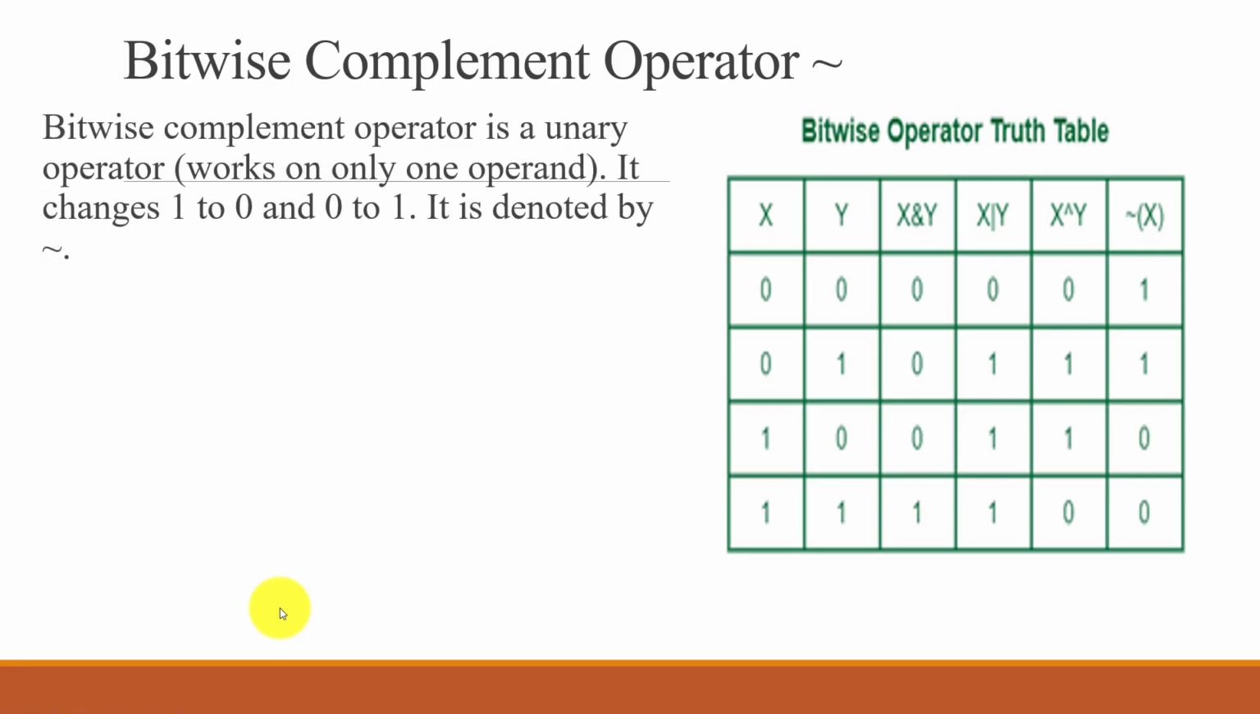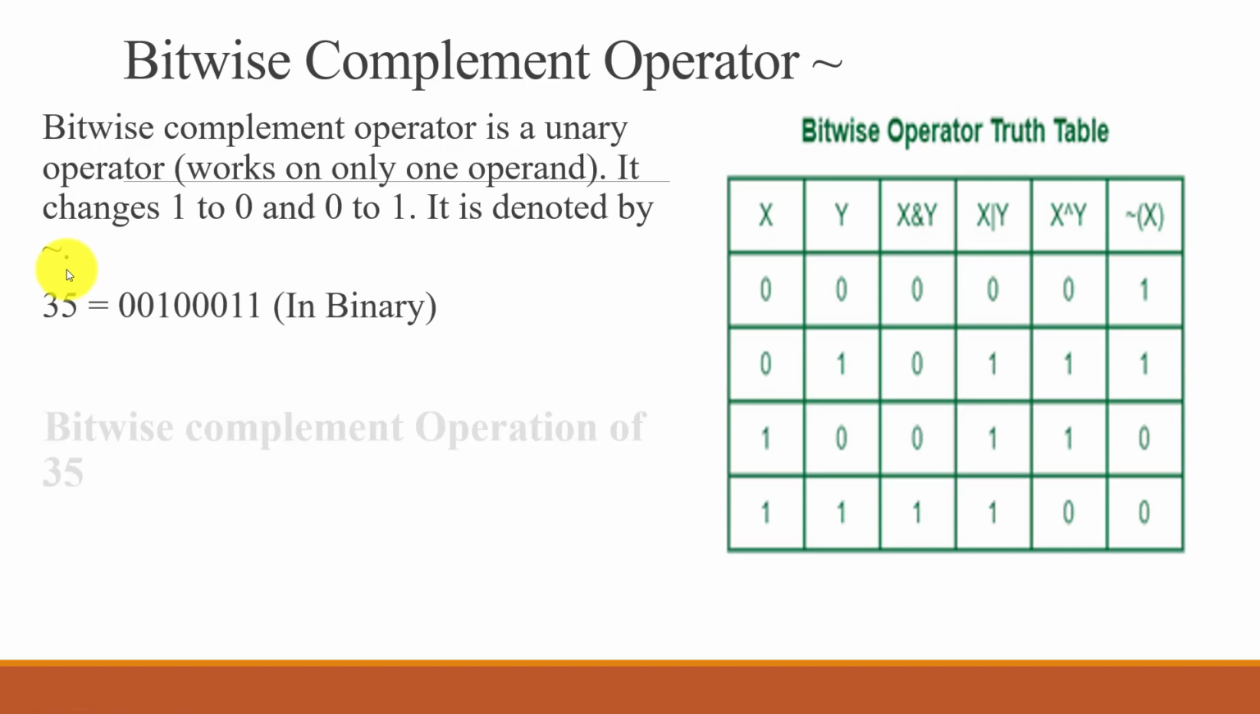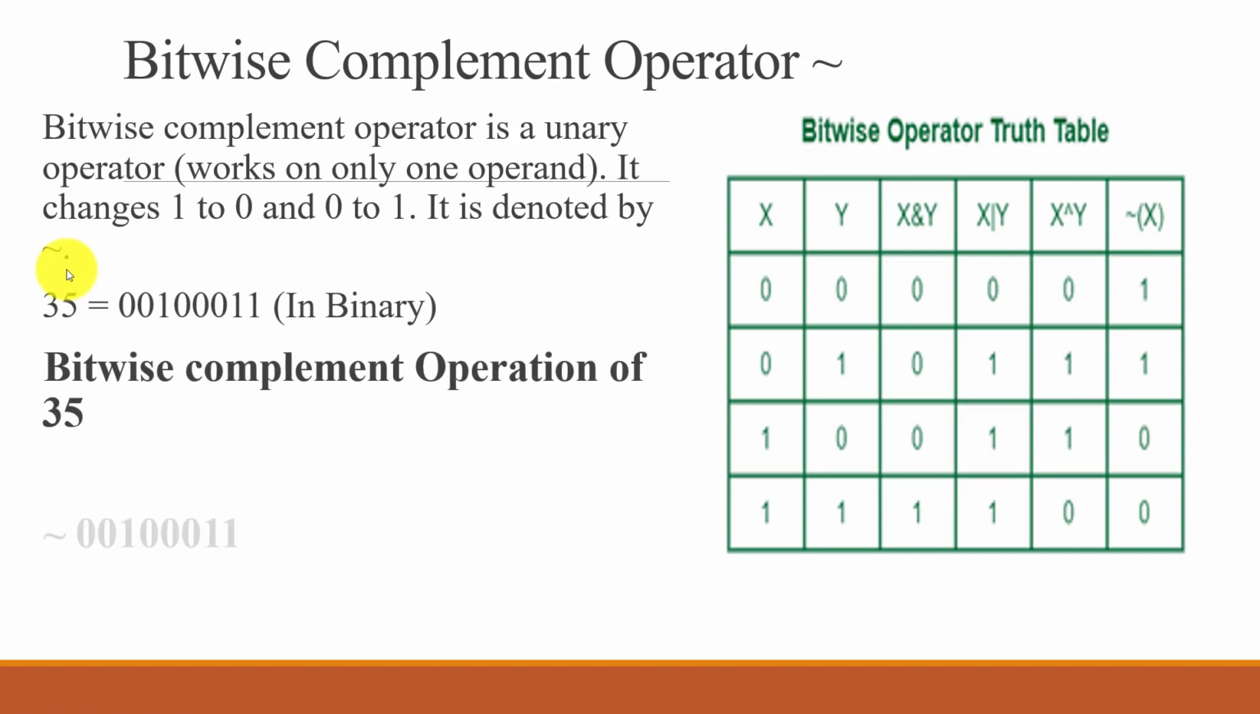Now let's see what is meant by the complement operator. The complement operator is applied on a unary operator, that is, one single operand. It changes 1 to 0 and 0 to 1, and it is denoted by this sign. Now suppose 35 is a binary number,